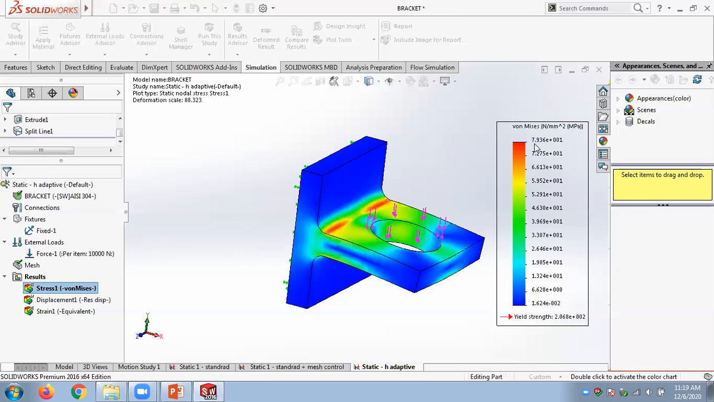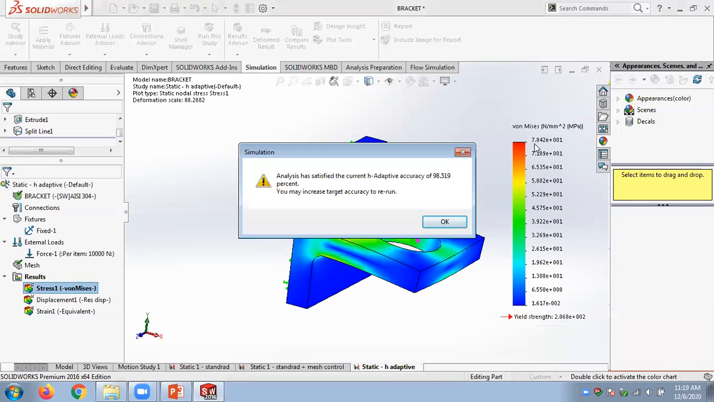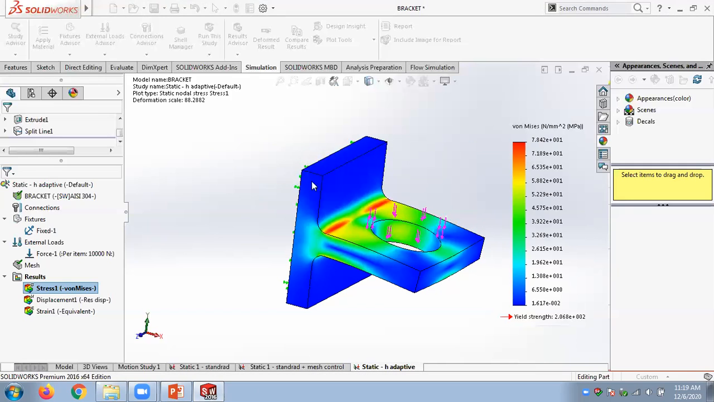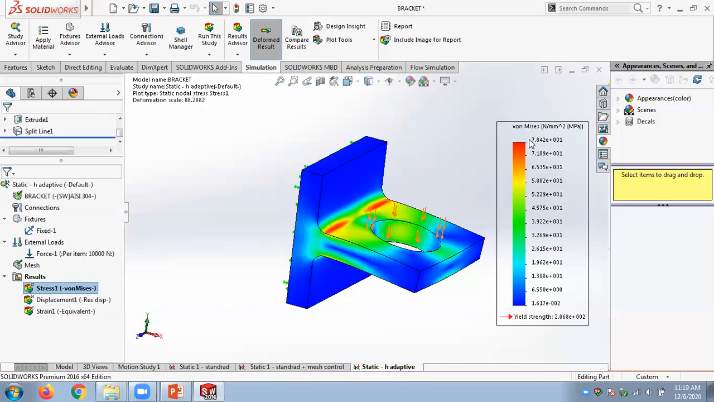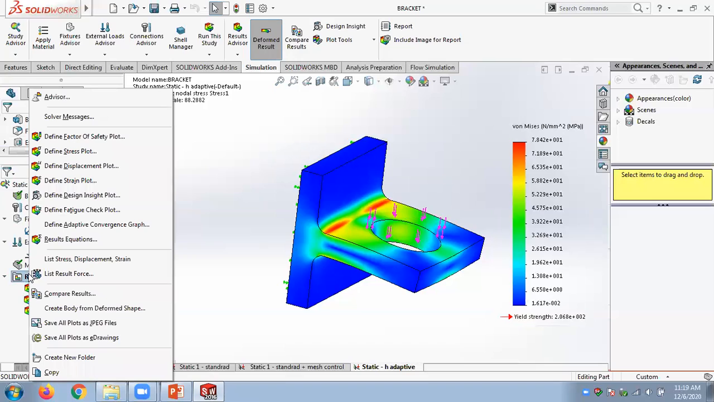$79. Analysis has satisfied the current HLFT accuracy of 90.8. You may increase the target accuracy to read. So we got something like 78. So the adaptive method stresses we can